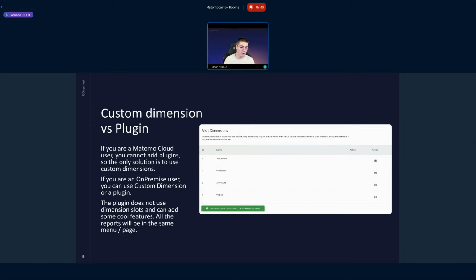And depending on the plan you have on Matomo Cloud, it can use up many of the slots available for your custom dimensions, which is not a good way. So I don't want to go that way, because if we create custom dimensions, you can't replicate that configuration for new customers. You have to do the same work every time you want to deploy that kind of feature. So my choice is to create a brand new plugin that creates new dimensions in the database and provides a smooth UI where you just have to paste your API key and it runs out of the box.